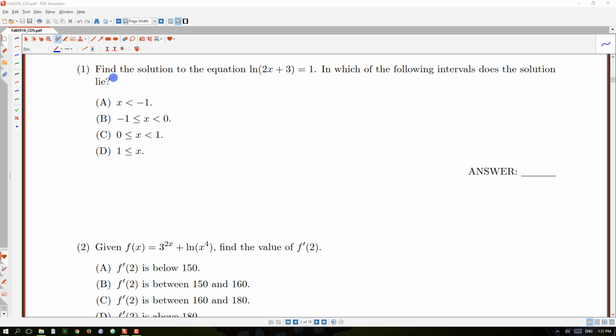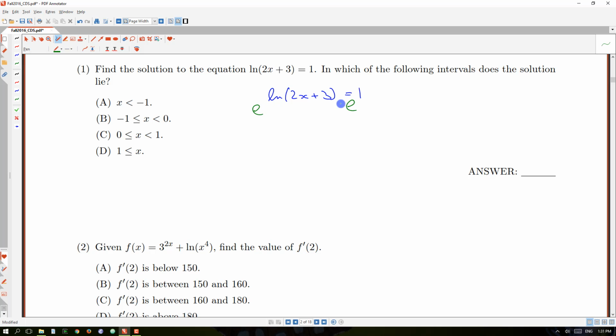In this video, we're going to look at the solutions to several of the multiple choice questions, starting with number 1. We have an equation with an x and a ln in it, and we're asked to solve that. We have to hone in on the x, so the first step is to get rid of the ln on the left-hand side. The way we're going to have to do that is by exponentiating, because e and ln are